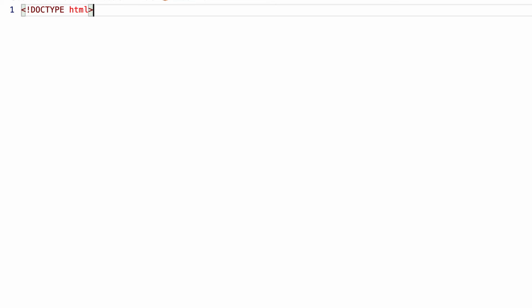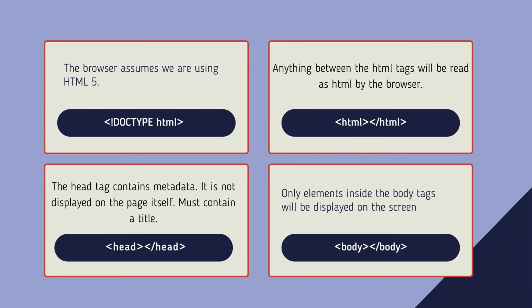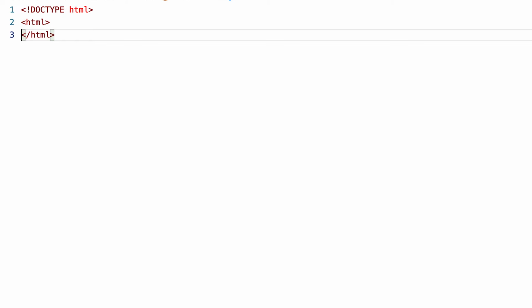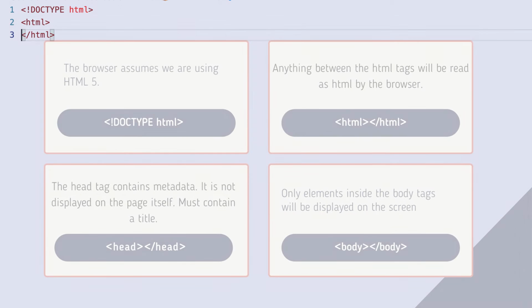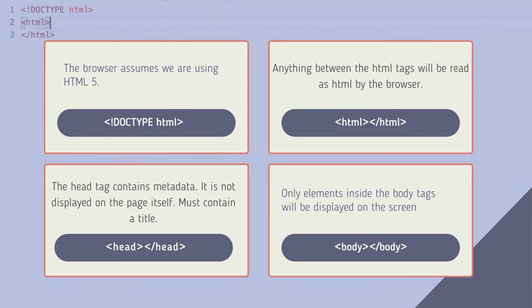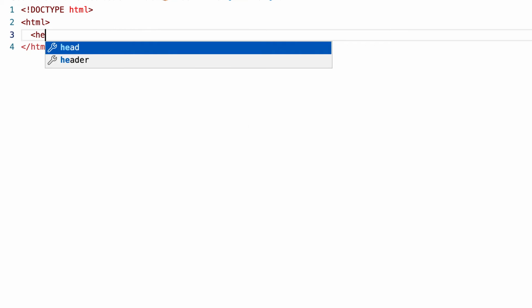After the doctype declaration, we can add opening and closing HTML tags. Anything that goes between these HTML tags will be read or interpreted as HTML code by the browser. Next, we use the head tag or element. This will contain metadata, which is information about the web page for the browser, and it's not displayed on the